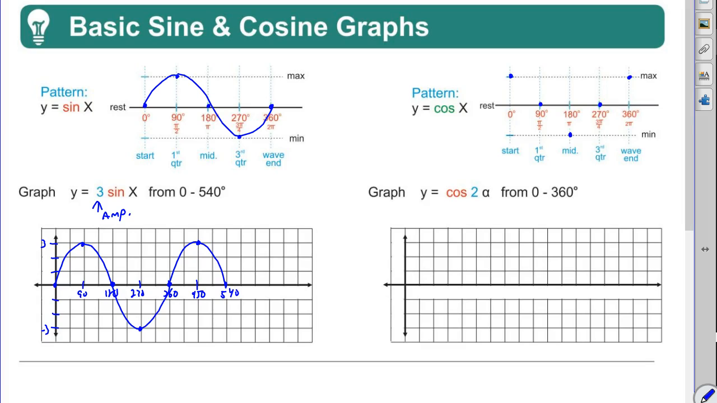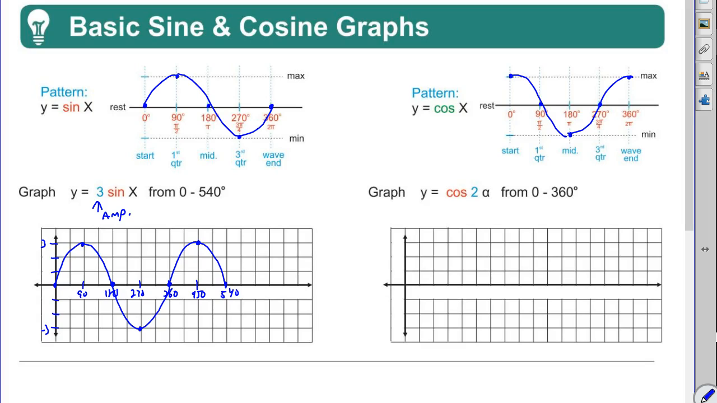All right, so if I'm going to draw this, it's going to look something like this. Again, trying to make a smooth curve. And that's how it's going to look. All right, so our example here is y equals cosine 2 alpha. In this situation, you have to know that the 2 involves